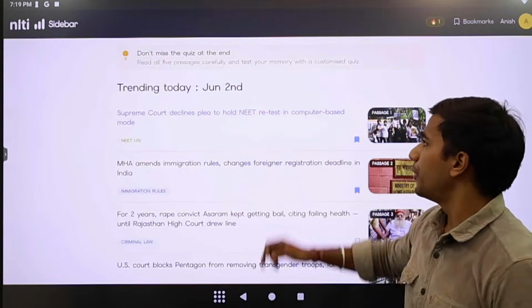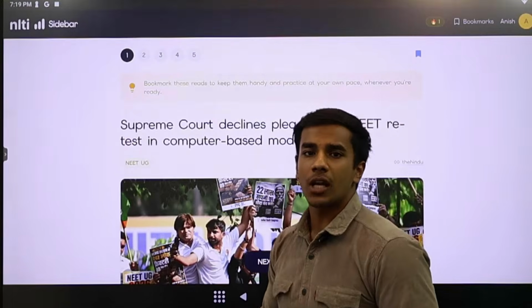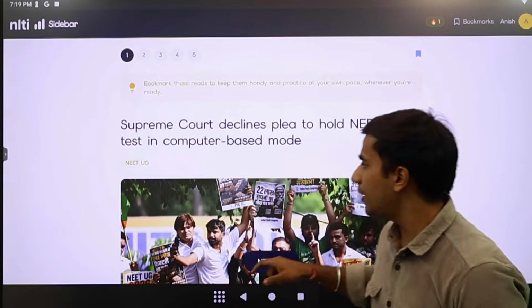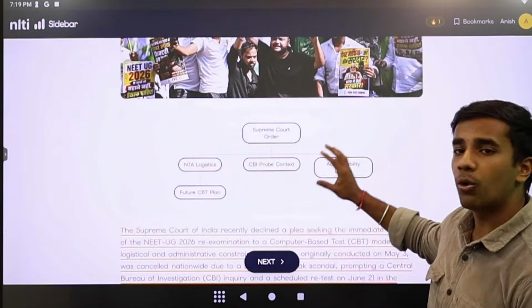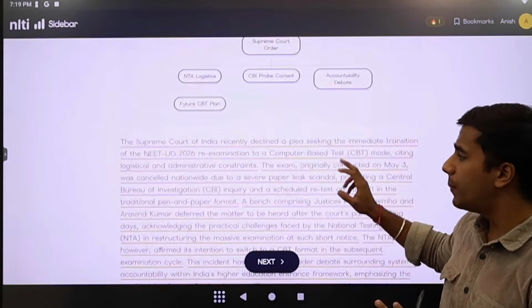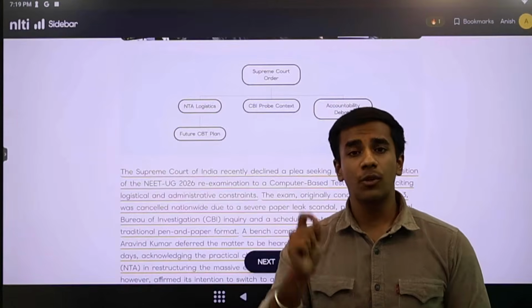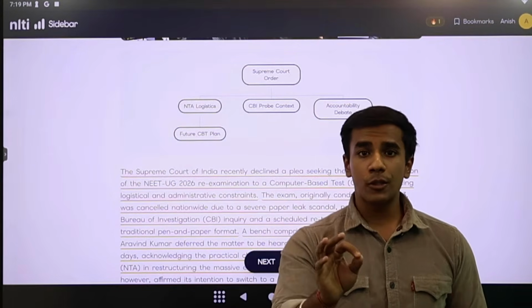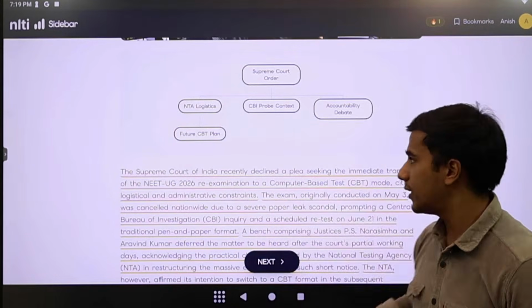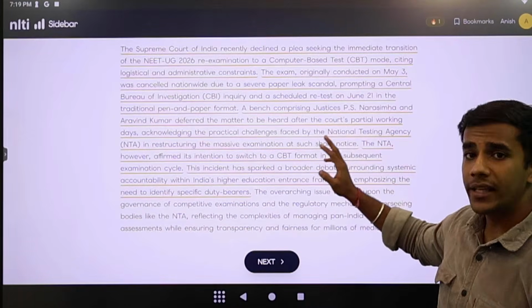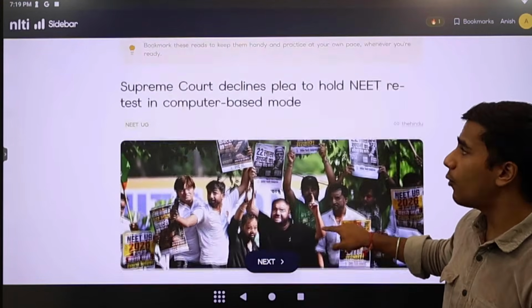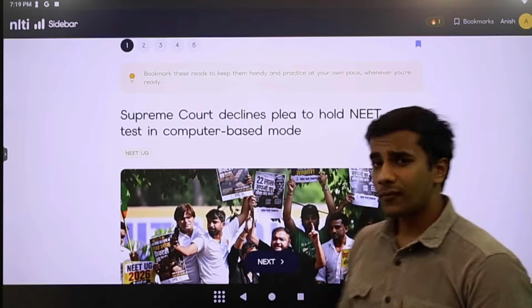Now, also, you might want to read a bit more about the news. Let's say I have given you a 100-word brief. We don't only give you a brief of 100 words, we also make mind maps for you so that it becomes easier not just to retain the topic but also to recall the information in your actual exam. So once you have read the article, if you think you want to read more about it, here